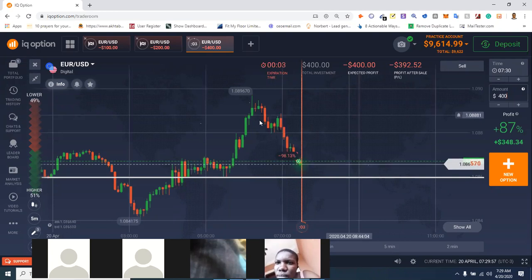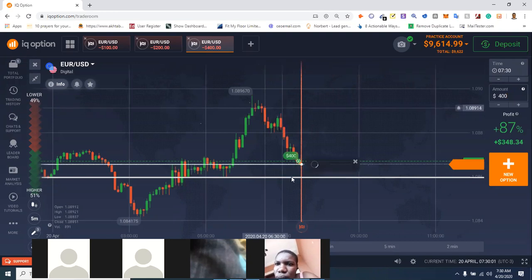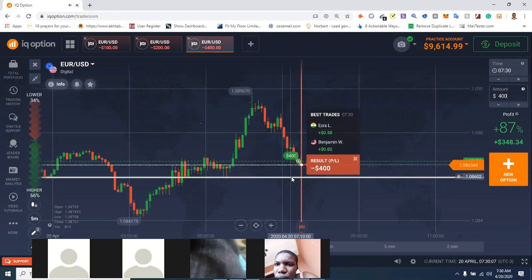Take note of where your candle is. Take note of where you are going to. You can see we lost the trade. Imagine if this was a live account, how much would we have lost? Assuming I had done it on my live account, what would have happened? I would have lost $3, $6, $12, so $21.